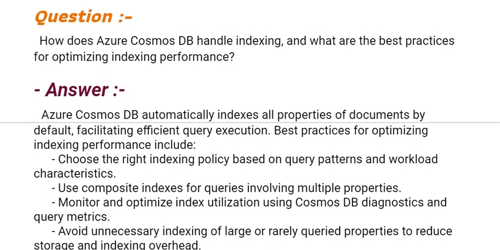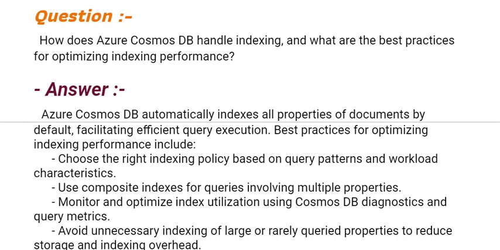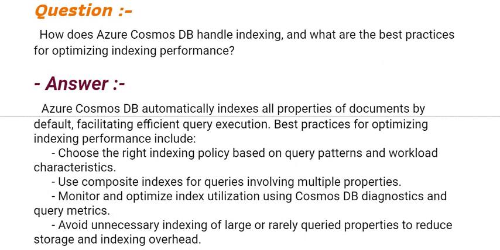Our next question is, how does Azure Cosmos DB handle indexing and what are the best practices for optimizing indexing performance? Your answer should be, Azure Cosmos DB automatically indexes all properties of documents by default, facilitating efficient query execution. Best practices for optimizing indexing performance include, the first one is, choose the right indexing policy based on query patterns